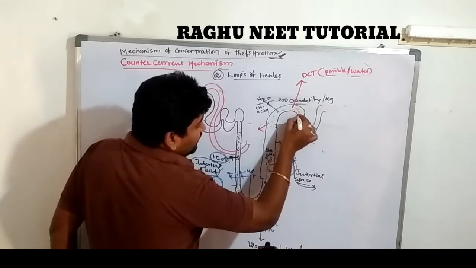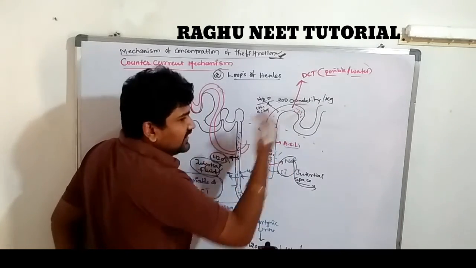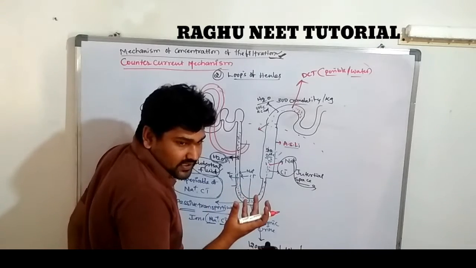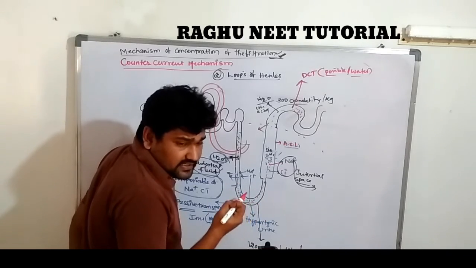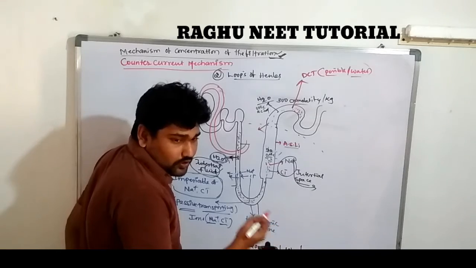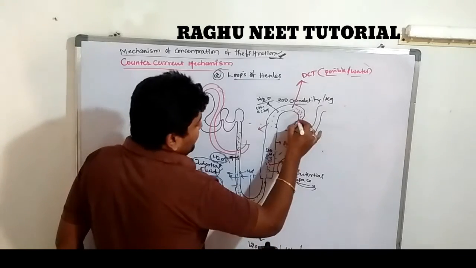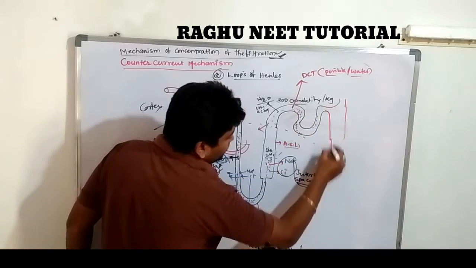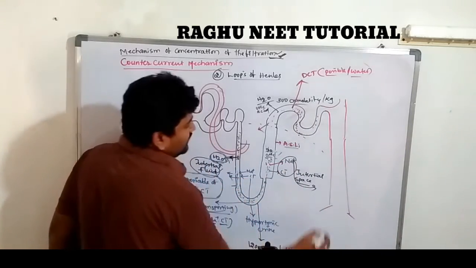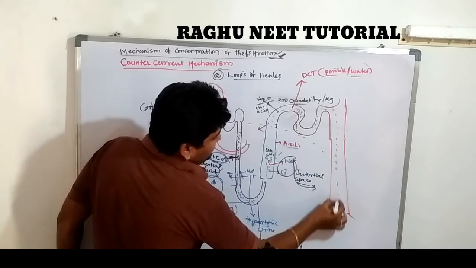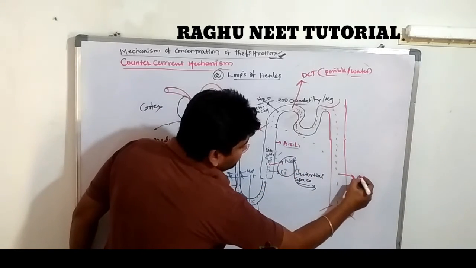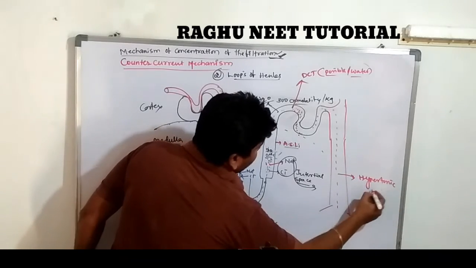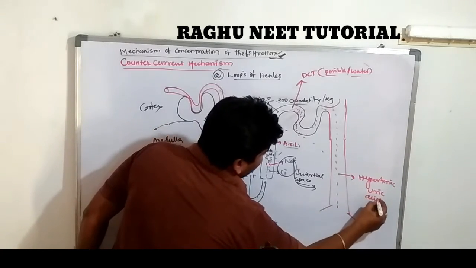So the concentration will keep increasing in the distal convoluted tubule. The concentration increasing means the elimination of water molecules from the substances, so there is less water in the distal convoluted tubule. That leads to high concentration. The highly concentrated urine enters the distal convoluted tubule and finally leads into the collecting duct. This is called hypertonic urine.